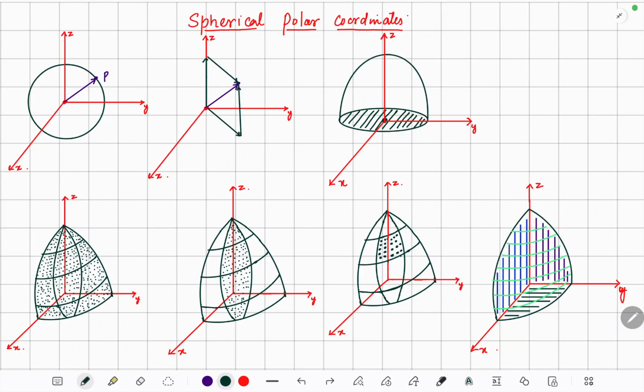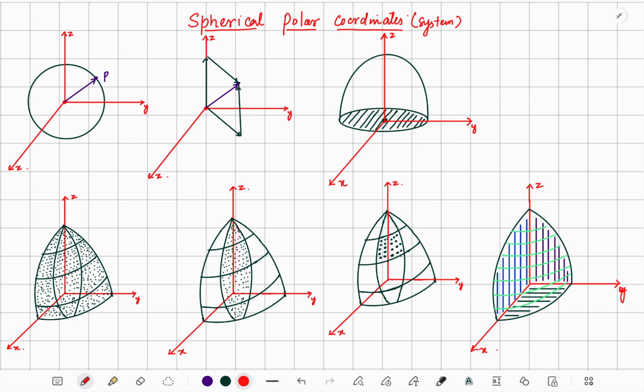Hi everyone, welcome back. In this video, we are going to understand the spherical polar coordinate system. This is something very important from every perspective. In classical mechanics, we can't go on without understanding the spherical coordinate system. In quantum mechanics, we use this, in mathematical physics, and electrodynamics is unsolvable without using the spherical polar